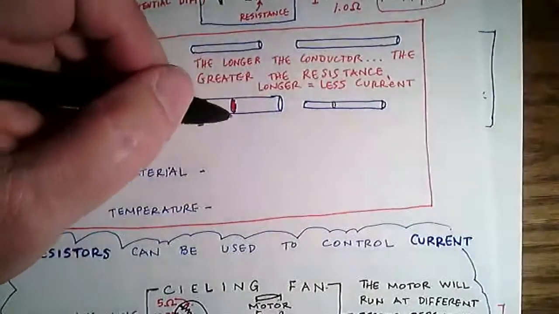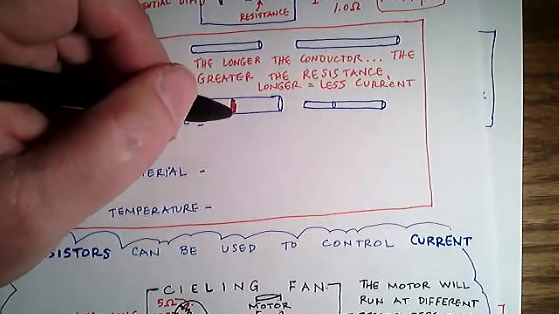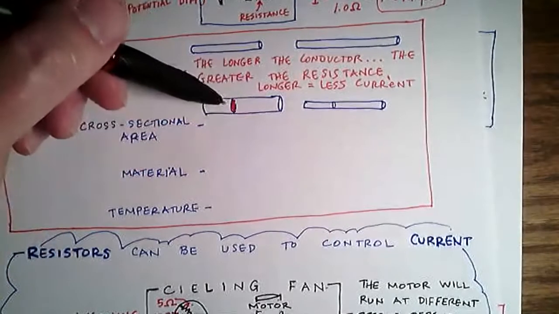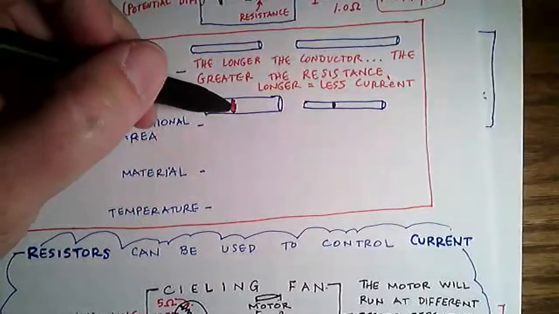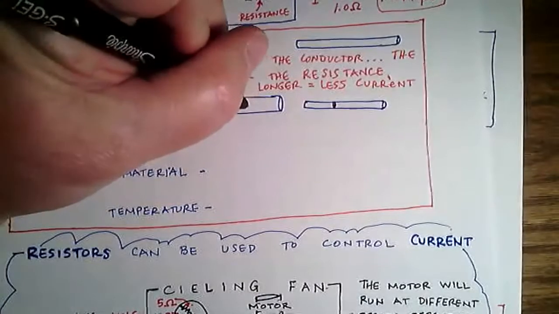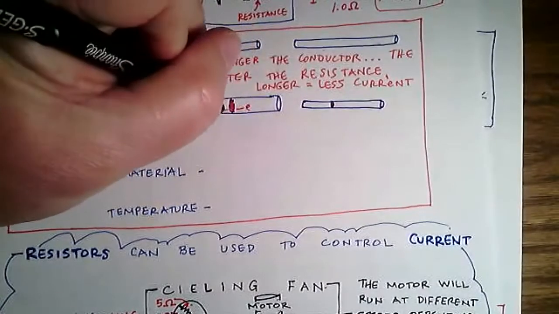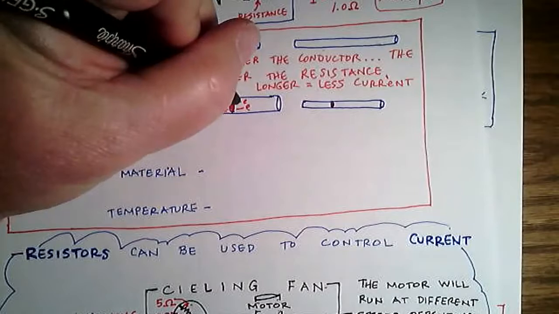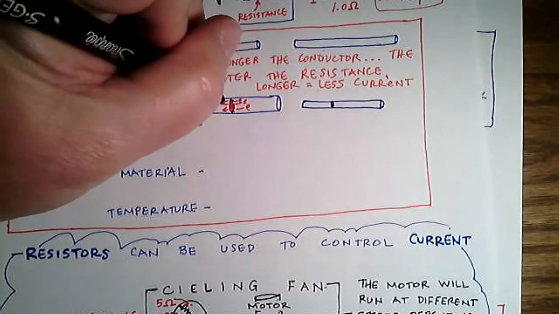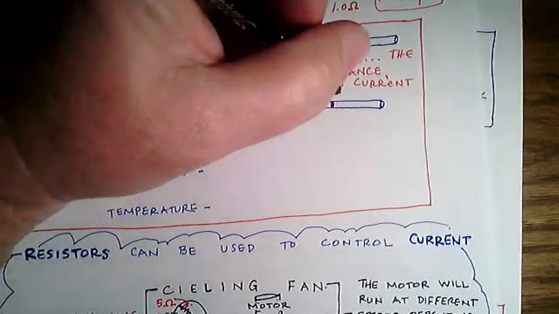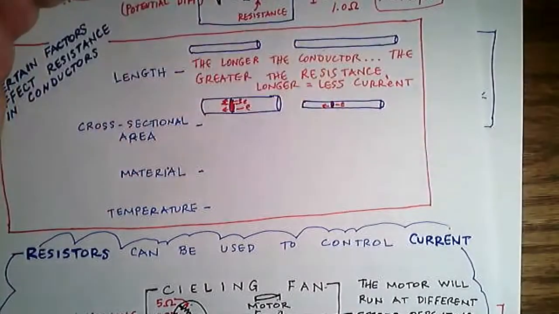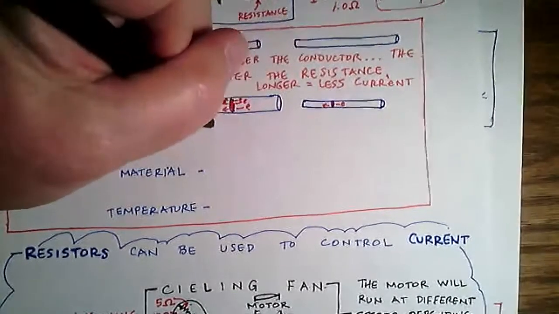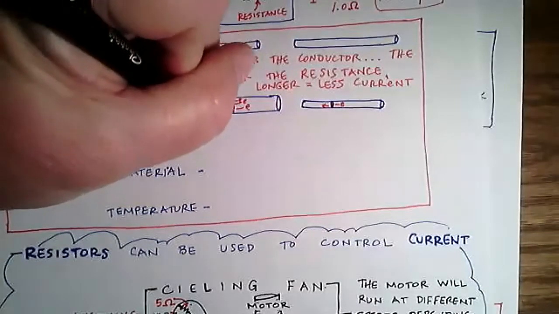And so the wider that it is, the further across that is, the bigger that cross-sectional area is, okay, the more space that electrons have to move through. Okay, I'm going to be able to move more electrons through a thick wire than I am through a thin wire. So that means thicker wire, or I'll say larger